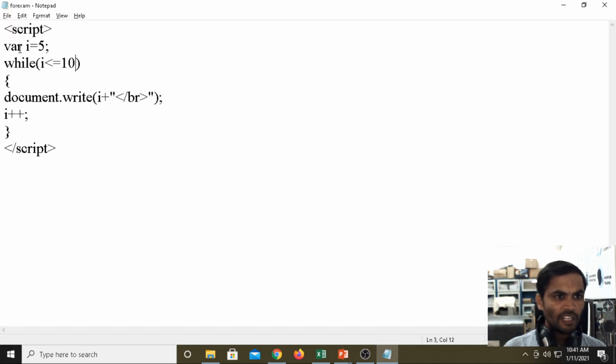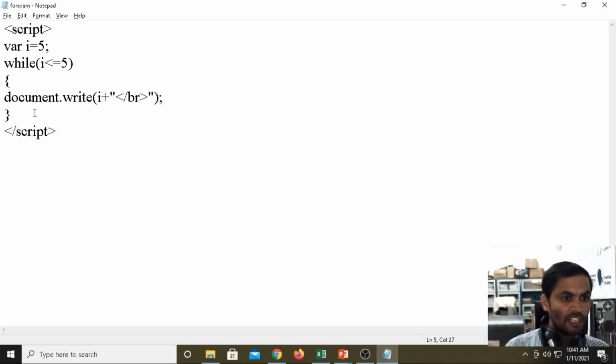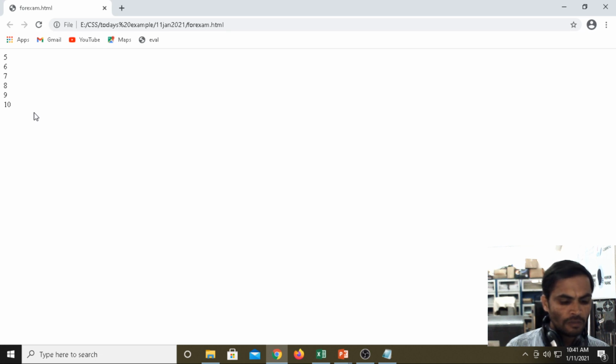Previously, what we gave was variable i equals to 5, then 5 less than or equals to 5, the condition is true, then it is executing, then we are getting the output. Then here again, if you want to execute the condition, if you remove the increment operator and run the program, it is still under processing. See here, it is not iterating.